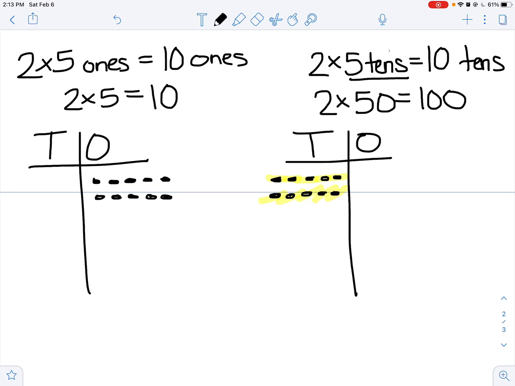So your assignment is to go and solve some problems where you are multiplying by multiples of 10 using your place value chart. You must model for me on your place value chart. And then you have a bonus question where you need to solve a word problem using the place value chart. Good luck, have fun, and let me know if you need any